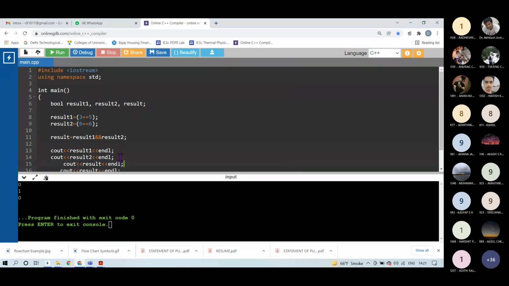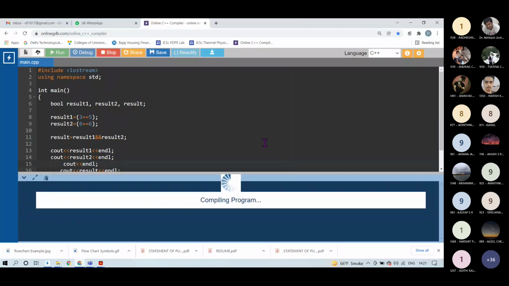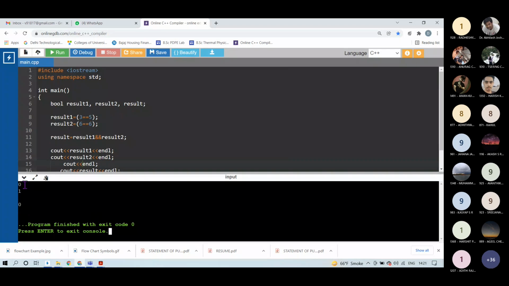So to beautify this further, I can give another end line statement. Now you can say both this 0 and 1 is giving me 0, right?